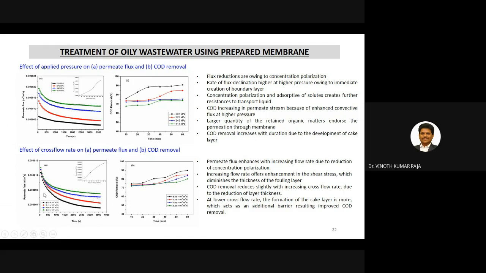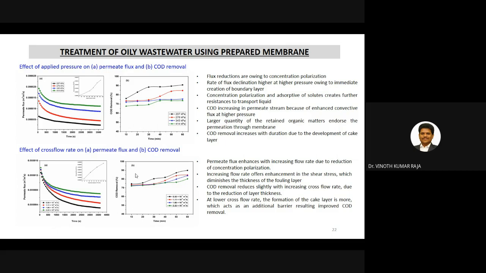A similar pattern is followed for this particular wastewater treatment, and it also reveals that with an increase in cross flow rate, the flux rate decreases. A possible factor is that the increasing cross flow restricts the cake layer formation on the membrane surface. If you look at the percentage of CO2 removal, the removal is reduced slightly with increasing cross flow rate. This is due to the reduction of cake layer thickness on the membrane surface at the